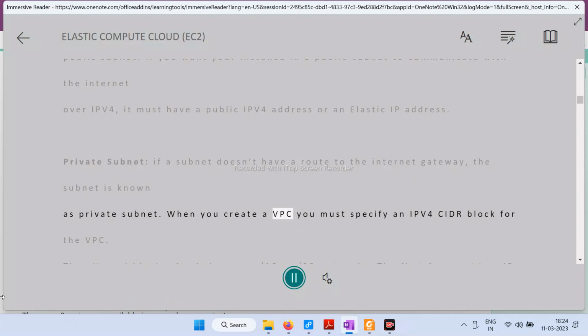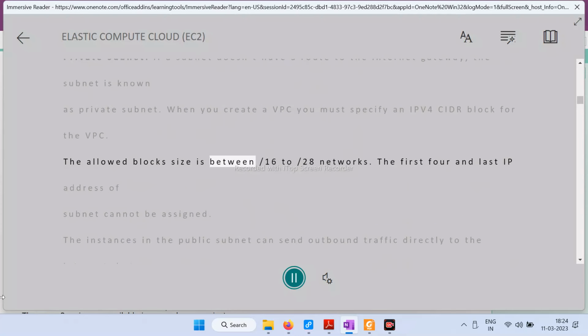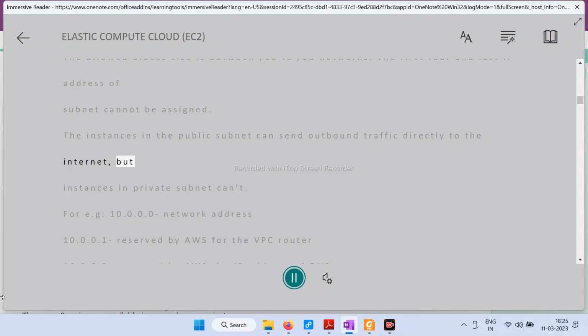When you create a VPC, you must specify an IPv4 CIDR block for the VPC. The allowed block size is between /16 to /28 networks. The first 4 and last IP address of subnet cannot be assigned. The instances in the public subnet can send outbound traffic directly to the internet, but instances in private subnet can't. For example,